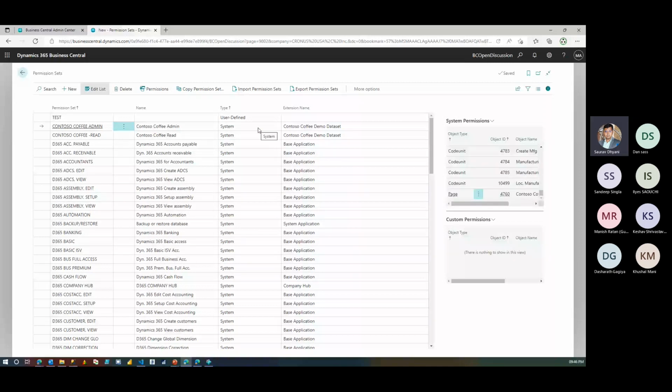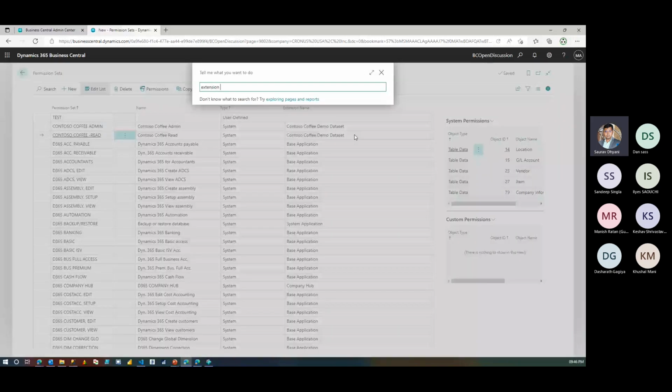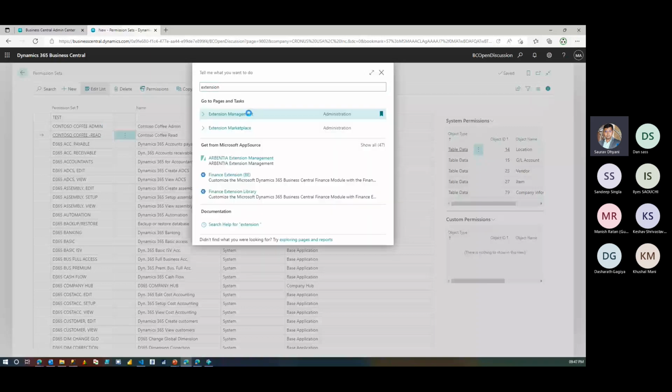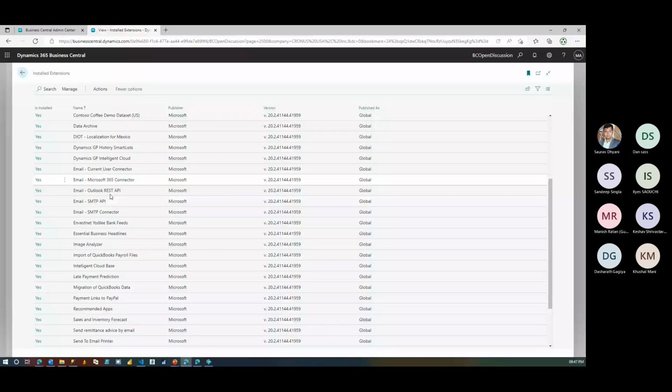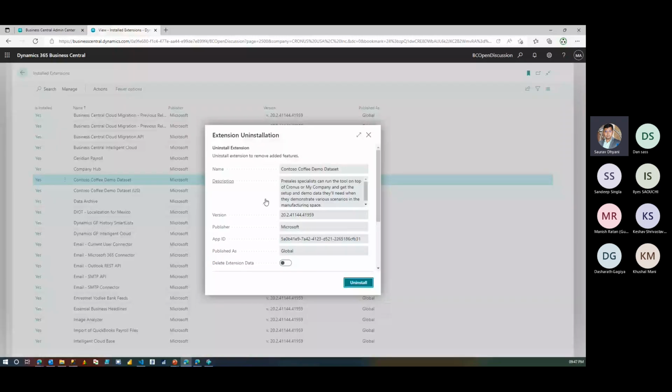So if I remove this Contoso Coffee extension, which is a manufacturing demo extension in the Business Central 20 release, these permissions will go away. And it'll not be stored as data, which someone would then need to clear out later because they were not sure what these objects were, who created them, and who removed them. So for whatever reason, if I have to uninstall this,